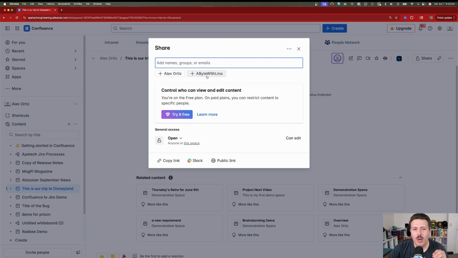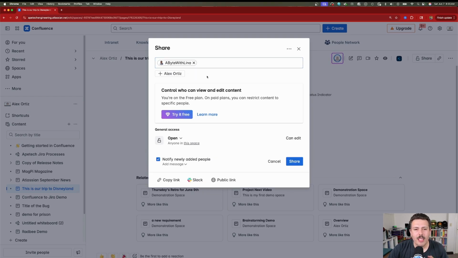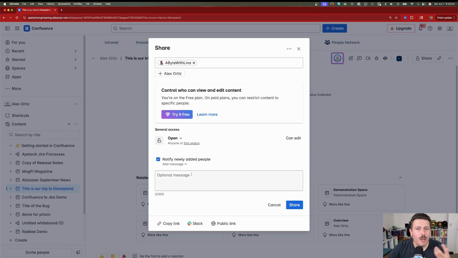I'm going to use the recommendation that they have here, Invite with Lena. I'm going to add my wife to this one. Then you can control access, whether you want to make this page restricted to just you and this other user, or just leave it open for anyone. And then finally, they're going to get a notification, and you can even add a message welcoming them to the page. Now, if the user doesn't have a Confluence license, depending on your configurations, a license will automatically be granted